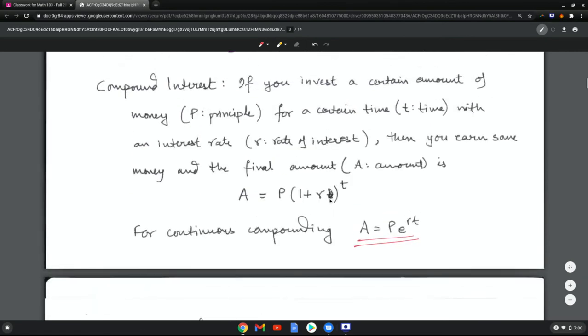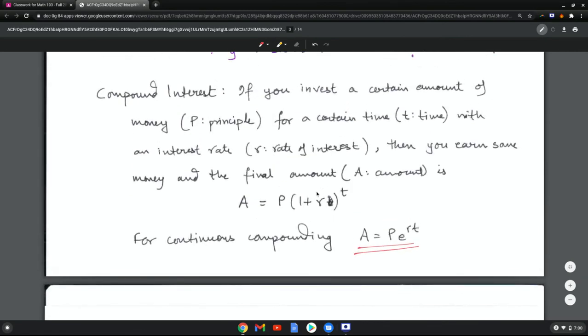That's the end of this section. We're going to talk about composite functions in the next